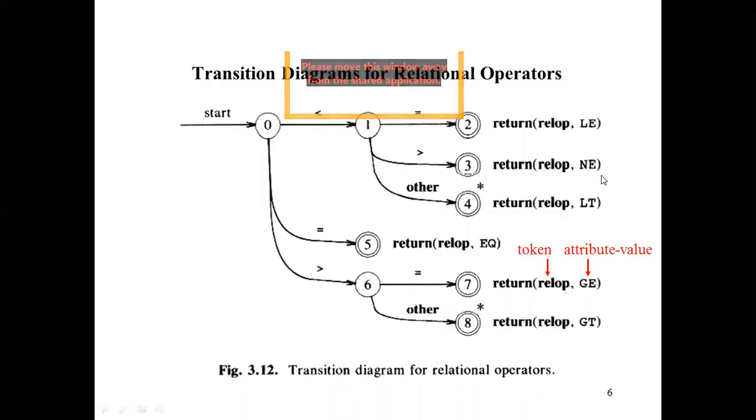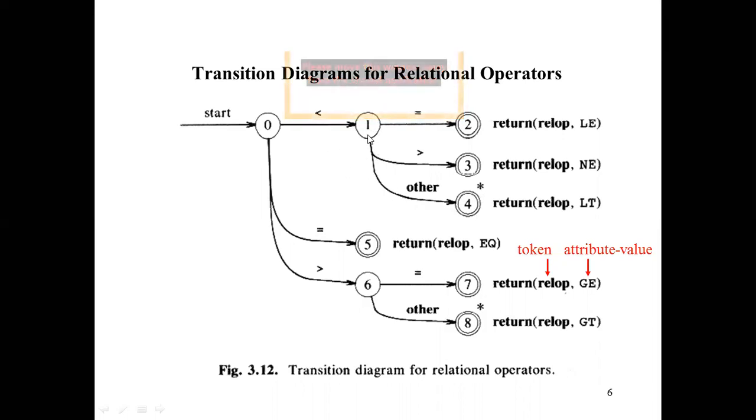Okay, again come to this side. Suppose we want to draw the transition diagram for less than only. Okay, for less than, then no need to draw this side. Just start from this 0 state and connect with one state and move to other. Okay, and double circle with asterisk sign. This means this is less.